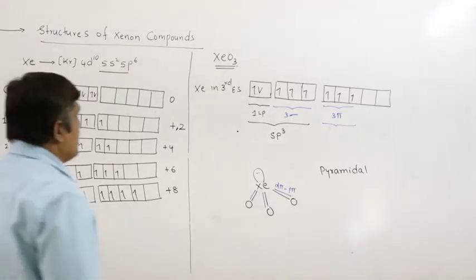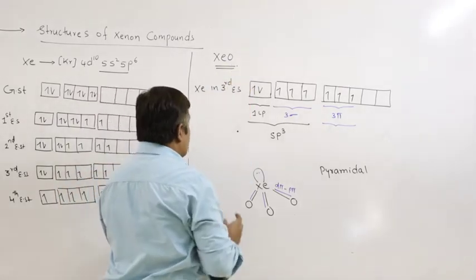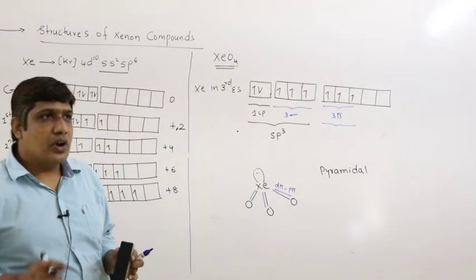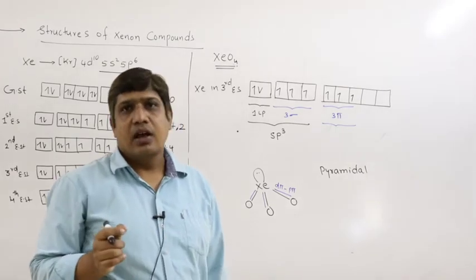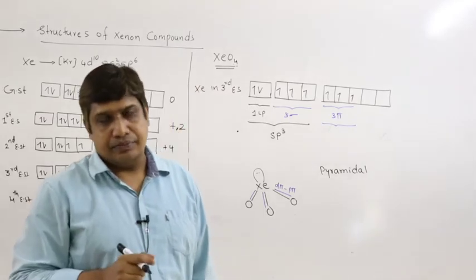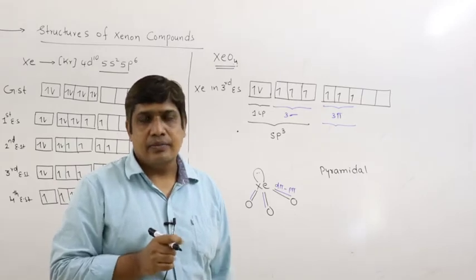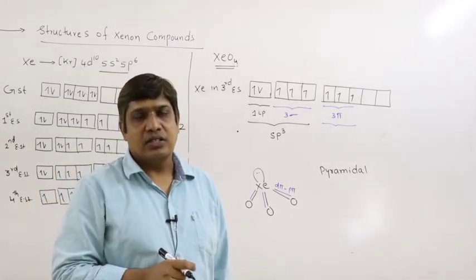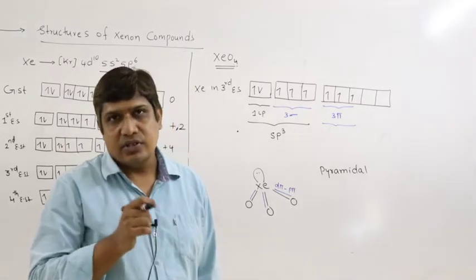So, the next compound is XeO4. So, I am making small changes. So, in XeO4 there are 4 oxygens. 4 oxygens form 4 sigma bonds and 4 pi bonds, because each oxygen is bonded to the same central atom. Oxygen is divalent, right. If it bonds to the same central atom, it forms 1 sigma bond and 1 pi bond with the same atom. 4 oxygens we have. So, 4 oxygens form 4 sigma bonds as well as 4 pi bonds with xenon.